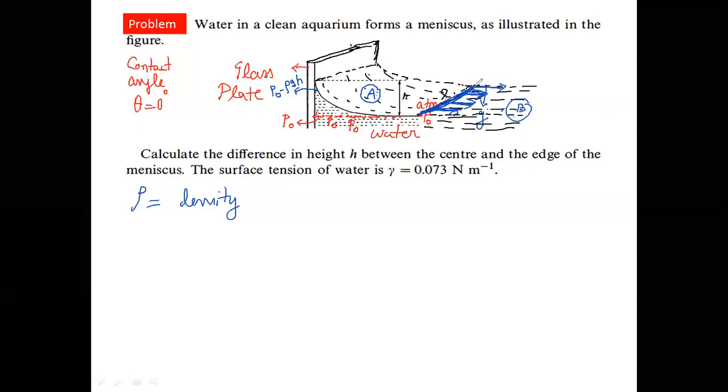And how much will this force be? Well, this can be obtained by the definition of surface tension. If capital T is the surface tension, or here it is denoted by gamma, then gamma multiplied by the length on which the force of surface tension is acting is the force by surface tension. And remember, the force by surface tension is always a pulling force in nature. Right?